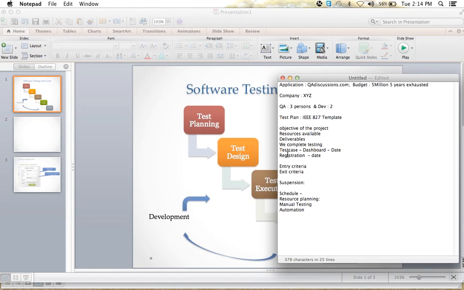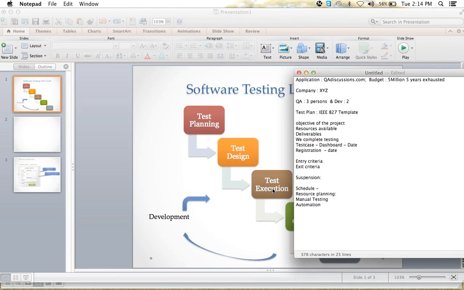So this is the first phase of a testing life cycle, where we plan for each and everything in the QA cycle, whatever we do. For example, if you say test execution, what are the types of tools we are using? Everything will be mentioned here for execution. What are the tools we are going to use? What is the environment we are going to use?